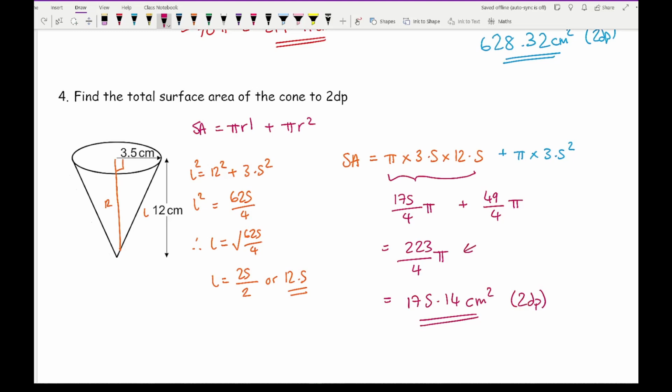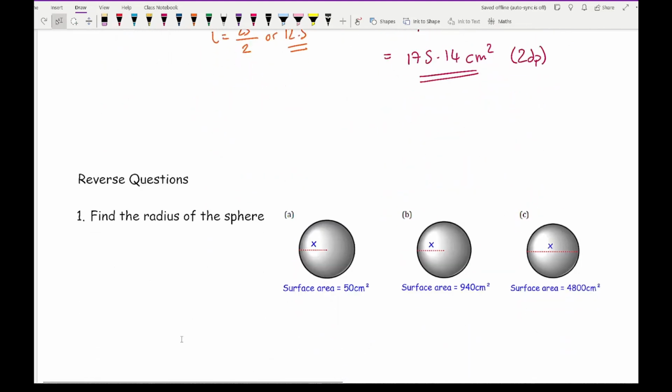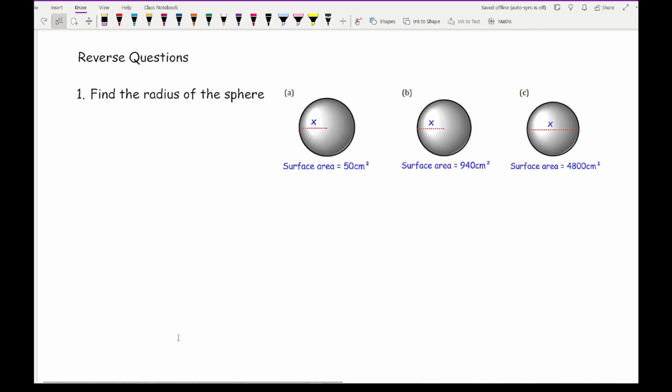So again, this is the answer in terms of pi. And again, how I've got 223 is just by simply adding the two numerators together because the denominators are the same. Now let's just have a quick look at reverse questions, because obviously these questions do come up